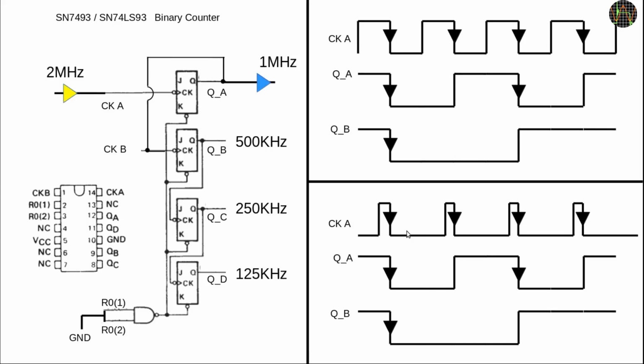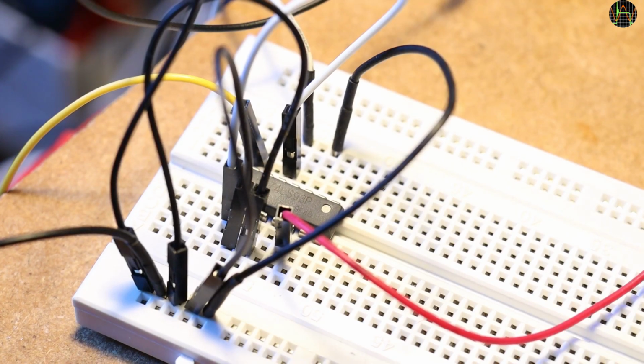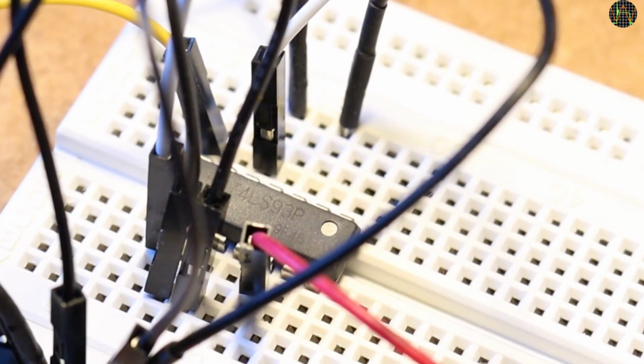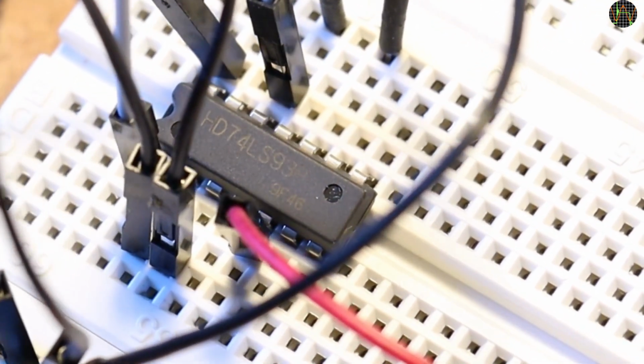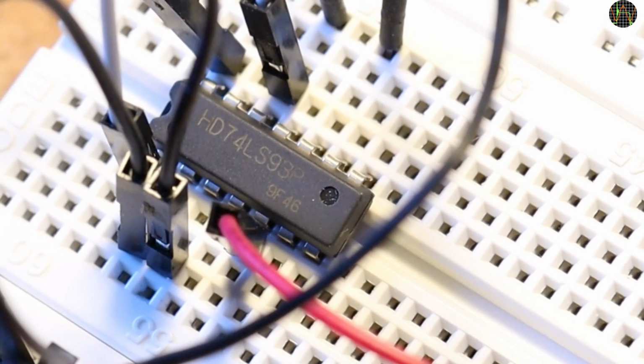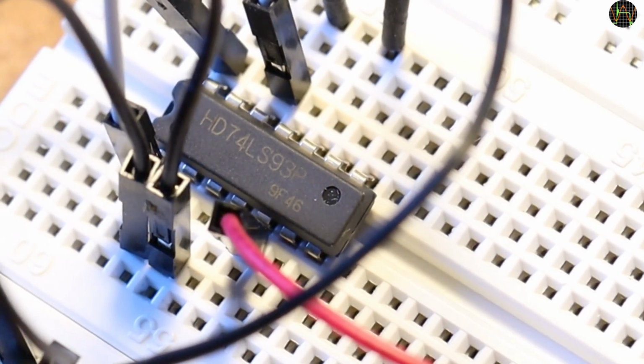In the PIC here, the prescaler has the same effect. A completely asymmetric 2 MHz signal, for example, is converted to a 1 MHz signal with exactly 50% duty cycle. The fact that the frequency has been halved can be compensated for by doubling the measurement period in the software. To show the effect the prescaler in the PIC would have on the signal, I built this little breadboard with a 7493 binary counter. At 2 MHz on a breadboard with all the wire loops, the signal won't be very nice square waves anymore, but good enough for this demonstration.